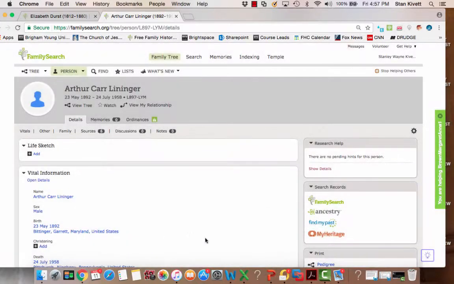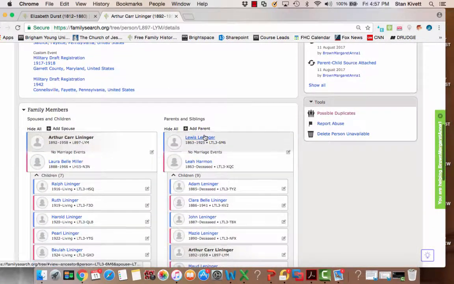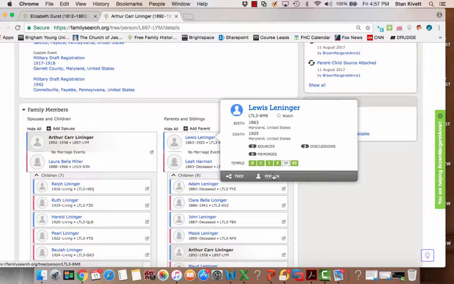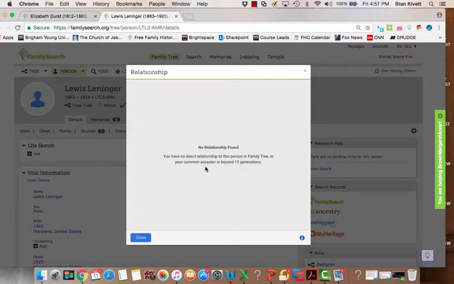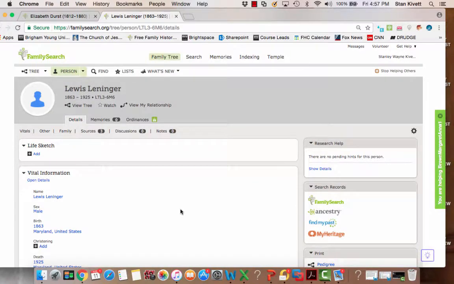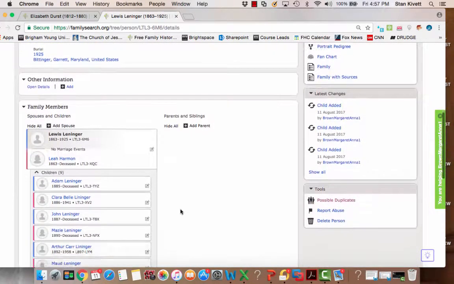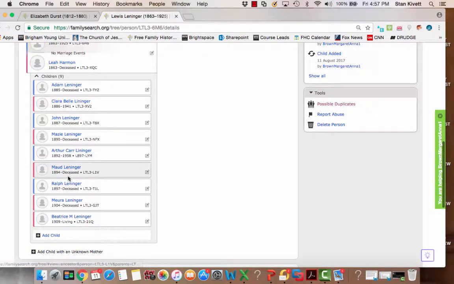But if I go to any of these others, Lewis for instance, I open him and I view my relationship, it says no relationship found because he's the father of a husband of a relation of mine. The same will hold true with all of these other children of Lewis's. The only one that I'm related to is Arthur because he married my relation.